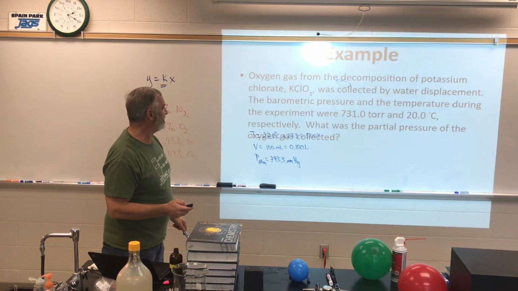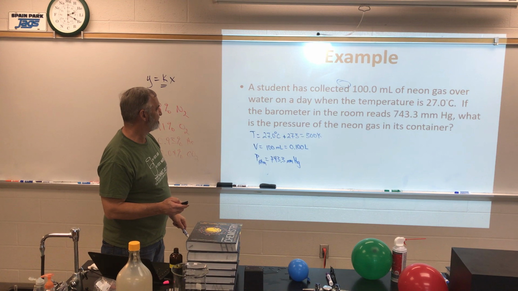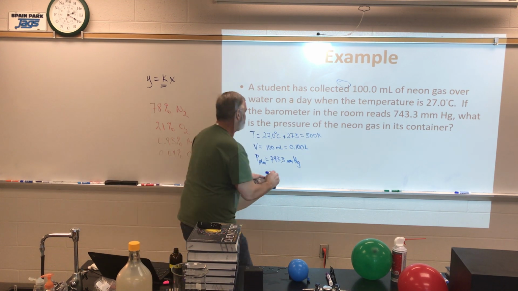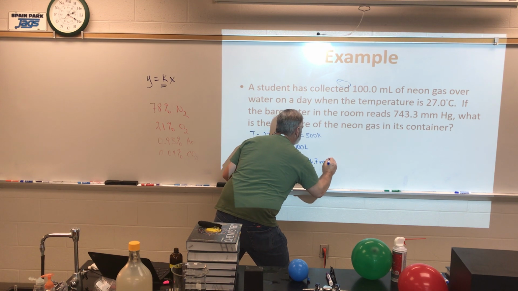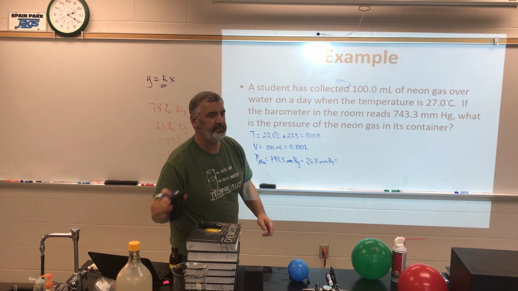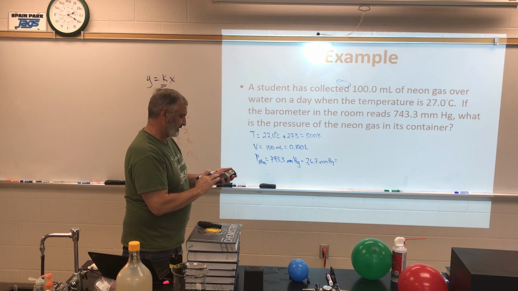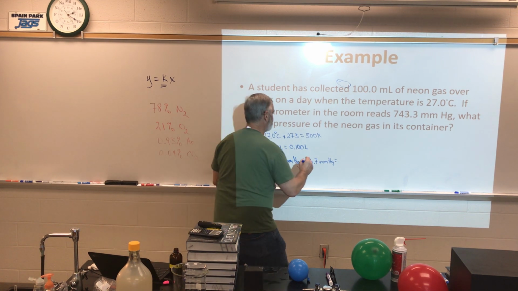Okay? So 26.7. Okay? So it's going to be minus the 26.7 millimeters of mercury right here. So when we do 743.3 minus 26.7, I've got water all over this one too, comes out to 713.6